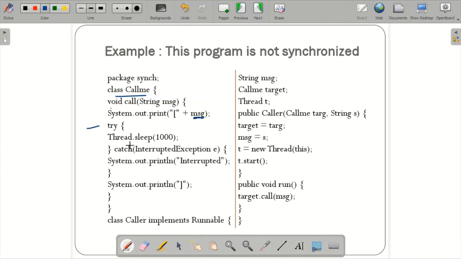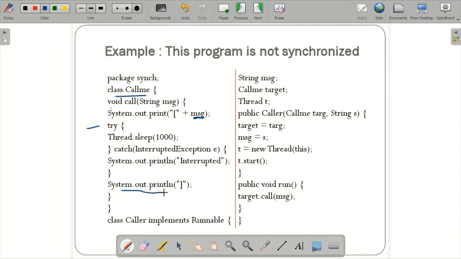Within that I made the thread sleep for 1000 milliseconds. If the sleeping thread is interrupted, it is caught. If it completes the sleep without going to the catch, it prints the closing bracket.